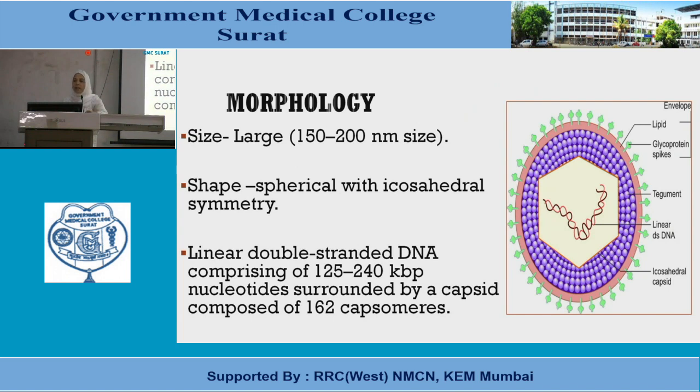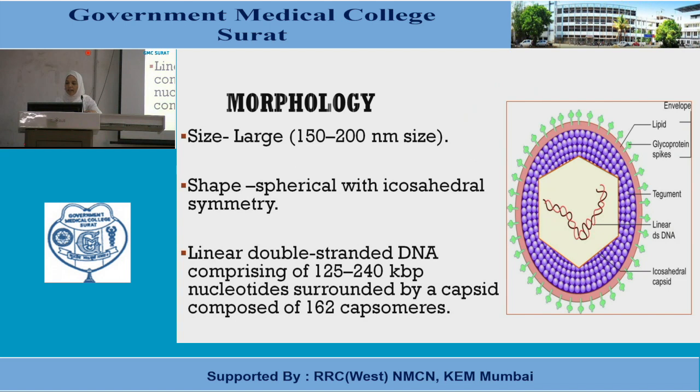In the diagram given here, the outer layer is the envelope. The green knobs are the glycoprotein spikes. Then the pinkish-peach colored thick layer is the lipid. Both together make the envelope. Now, when you have envelope antigens and glycoprotein spikes, you can use them as a target, maybe for diagnostic purposes, for vaccine purposes, for killing or neutralizing them. So this is the significance you should think of whenever you see viruses like this.